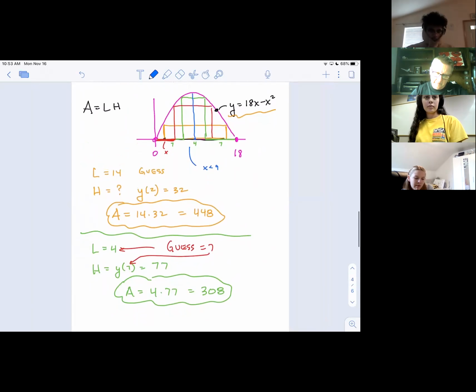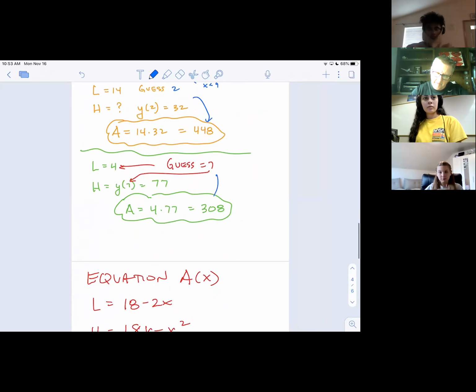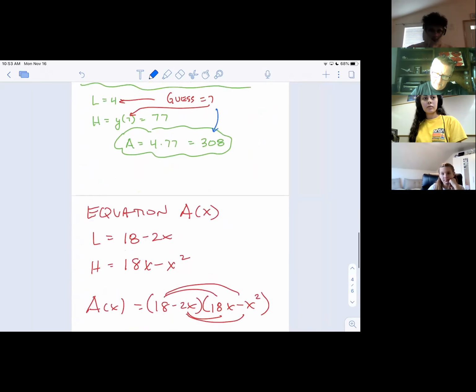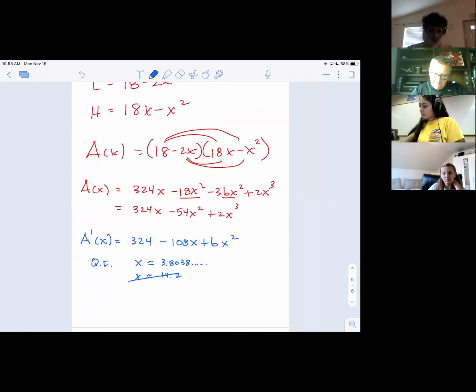Let's see, when I guessed 2, I got 448. When I guessed 7, I got 308. I only had 2 guesses. So, and keep in mind, read the question carefully, because notice what I really just found is